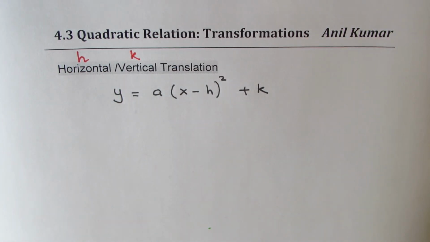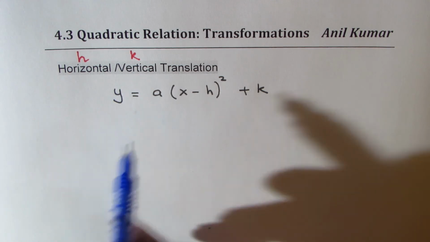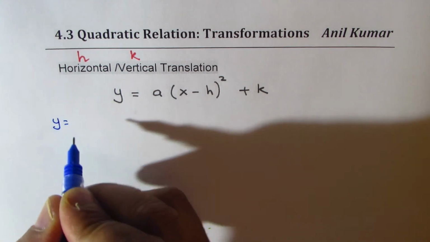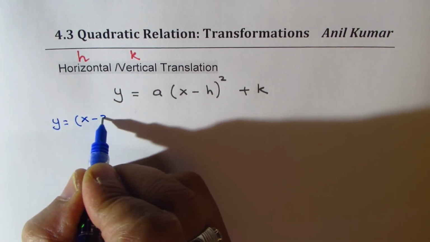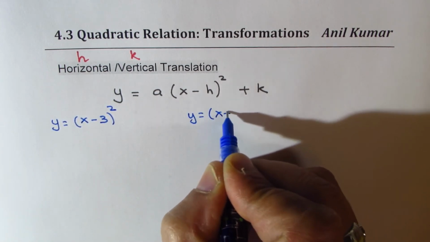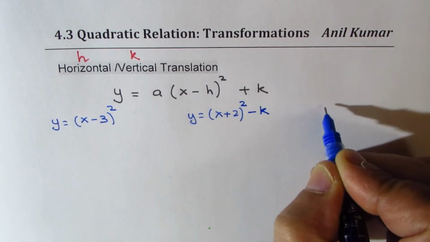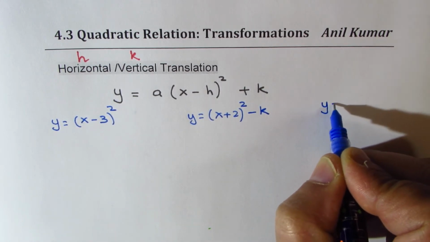Right, so these are the two components which affect horizontal and vertical translation. So now let's take a few examples based on this. So let's say y equals (x minus 3) whole squared, y equals (x plus 2) whole squared minus k, and then we'll take y equals,